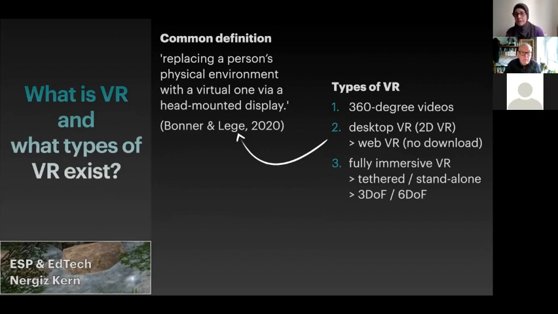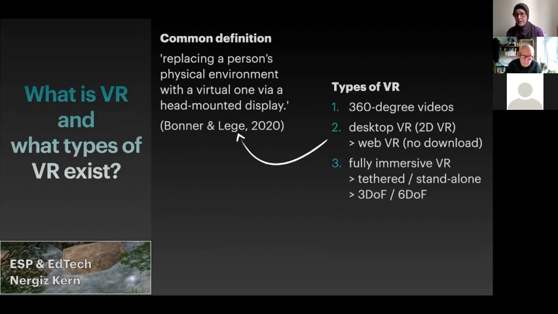Then the next type is desktop VR, or also called 2D VR. There are people who say that this is not really virtual reality, but I see it as a continuum, really, on a scale. As an example, Second Life is the most popular one, also for education, but there are many other ones.